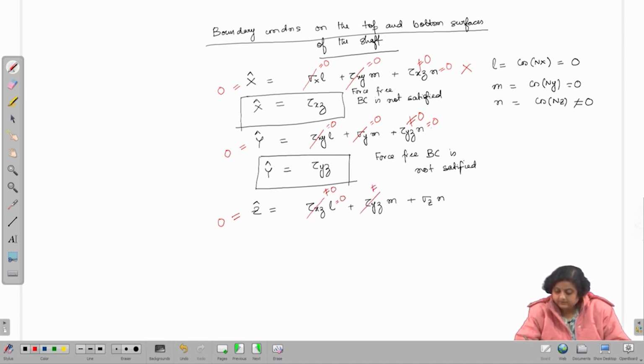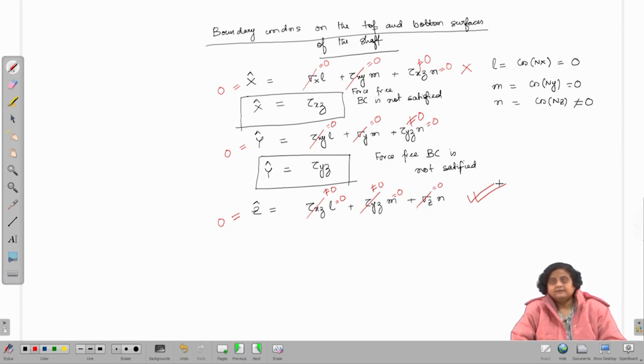Similarly, this is not equal to 0, but M is equal to 0 and sigma z is equal to 0. So, this is satisfied. So, only the z direction boundary condition is satisfied, whereas x and y direction are not satisfied. So, now